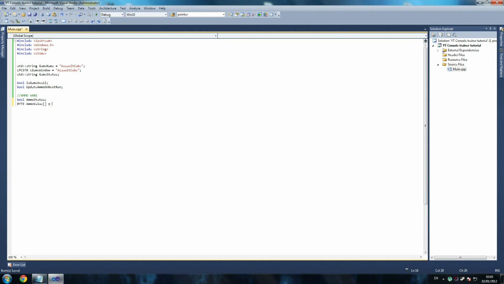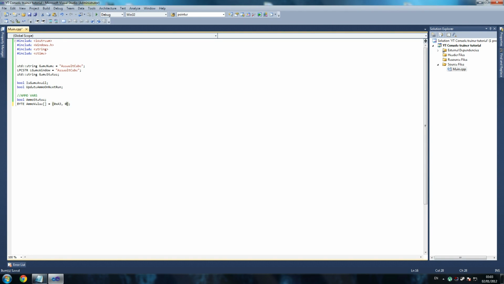bytes are basically, 4 bytes make an integer. So what's going on with that? Byte ammo value. Oh, I see. So basically we have to declare what's inside that byte. Now just follow me on this, and later on if you want to change this, up to you. So we're going to go for 0x, and they're written in hexadecimal as well, 0xA3,